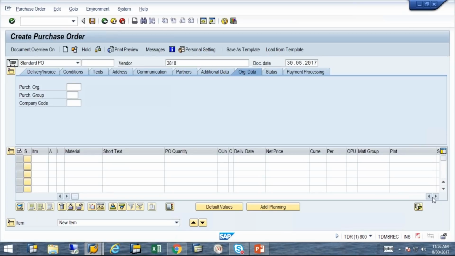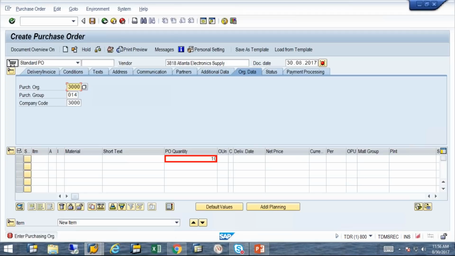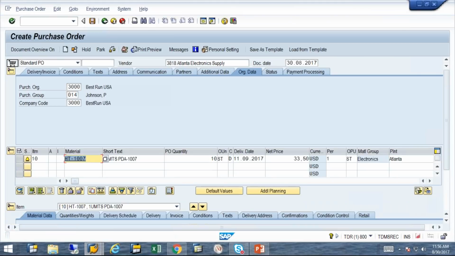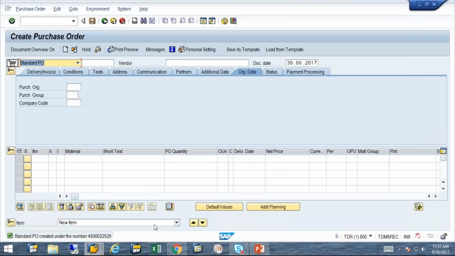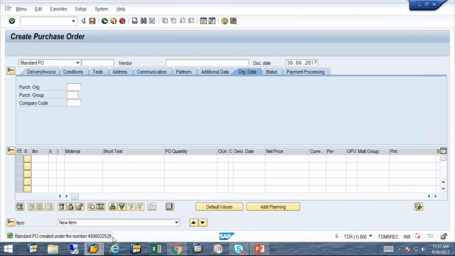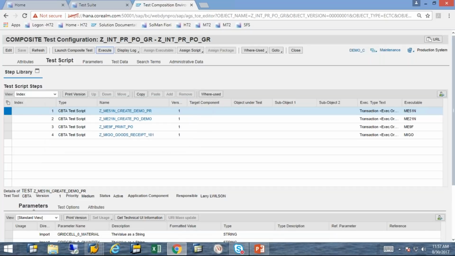And the purchase requisition is going to be over here. So it uses that purchase requisition that was filled out before, HT100710, and now it's created a PO 22529. So next, the PO will be, again, parameters passed from